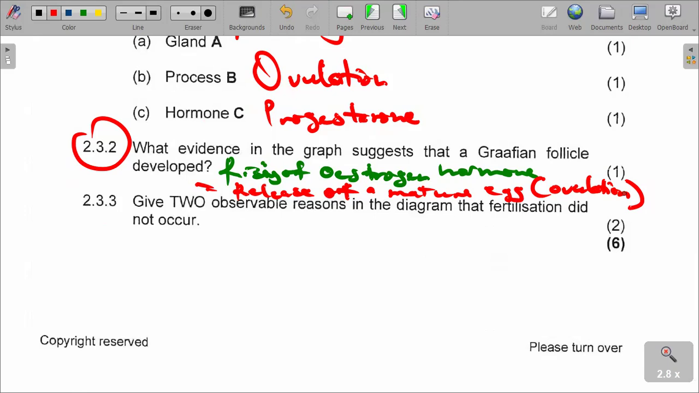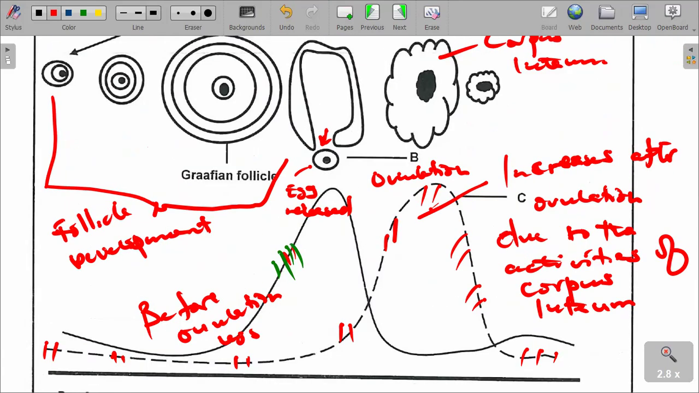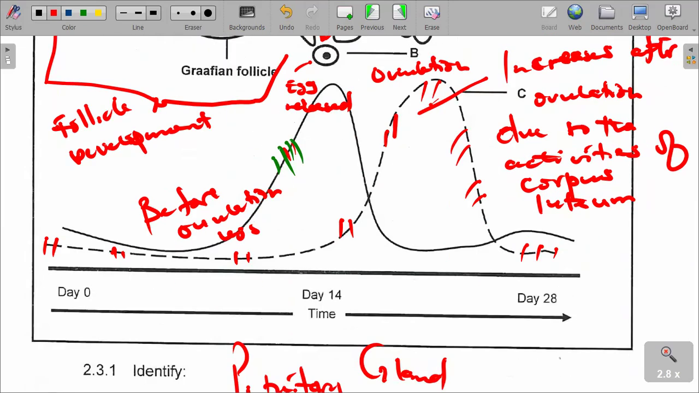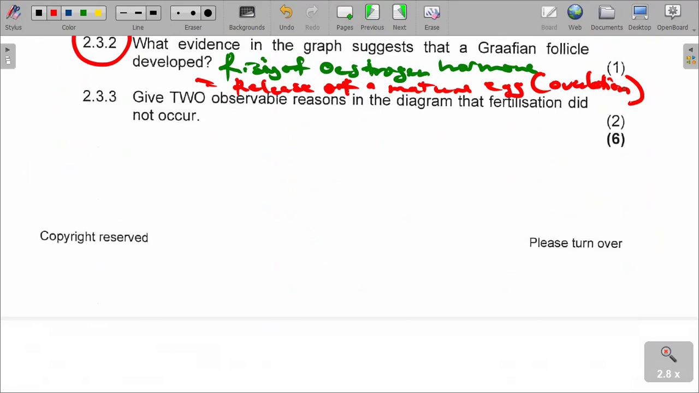which actually shows that before day 14, we have got a sharp rise in oestrogen level. That actually shows that there were follicles developing. And then question